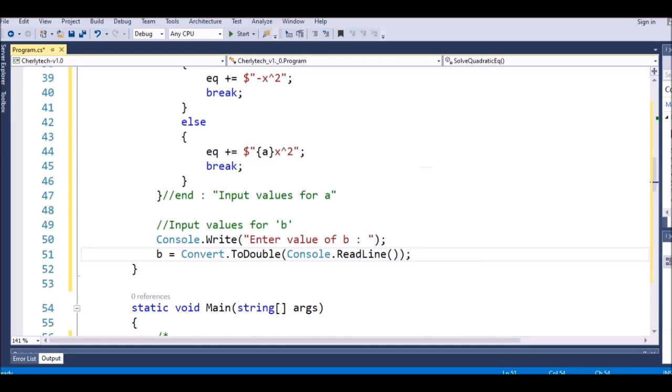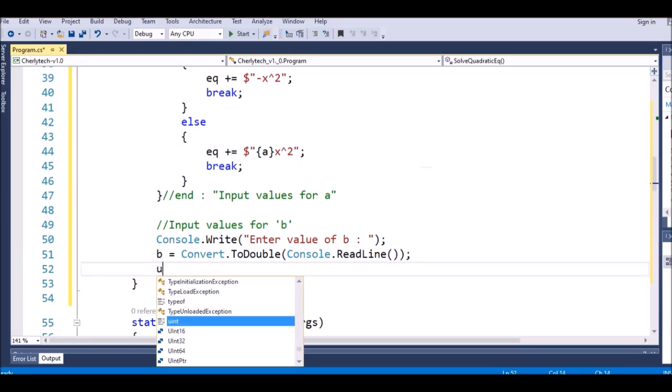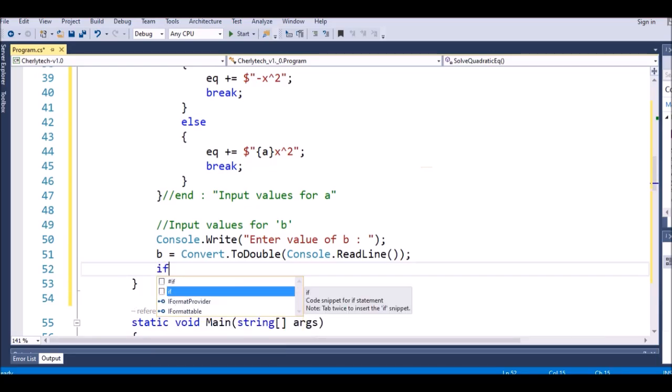And after that, we have to separate, right? In the case that b is different from 0 or is 0, so I will use the if statement. If b is not 0,